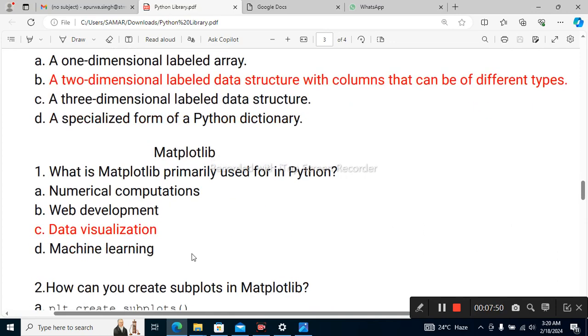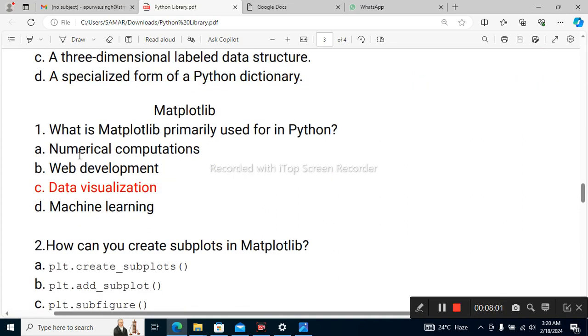Now to matplotlib. What is matplotlib primarily used for in Python? It is used for data visualization. I told you already that matplotlib is used for data visualization, for plotting graphs. As we draw graphs in mathematics, like in LPP, linear programming problems, we have an x-axis, a y-axis, then we have the values. So with matplotlib we draw graphs. The options: numerical computation, web development, data visualization, machine learning. So the answer will be